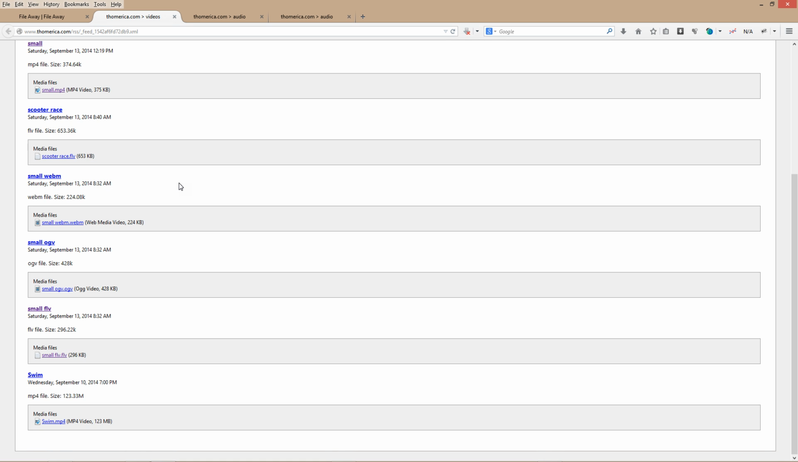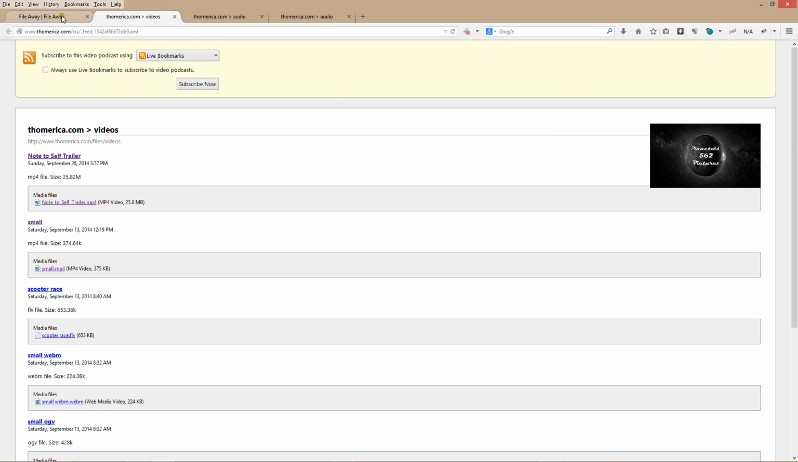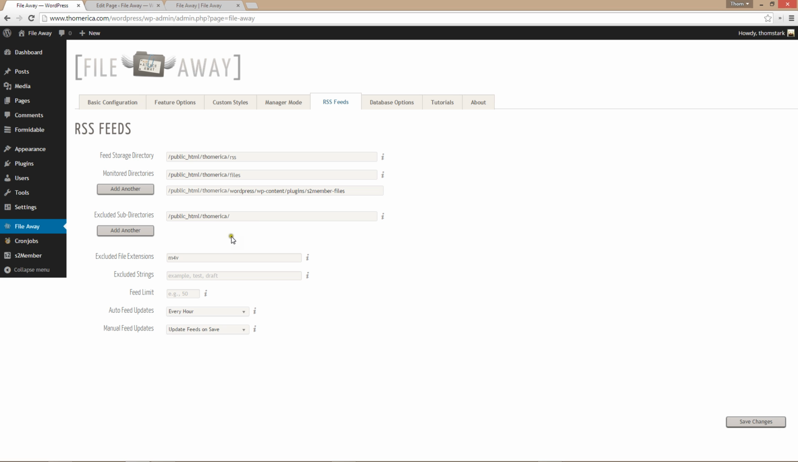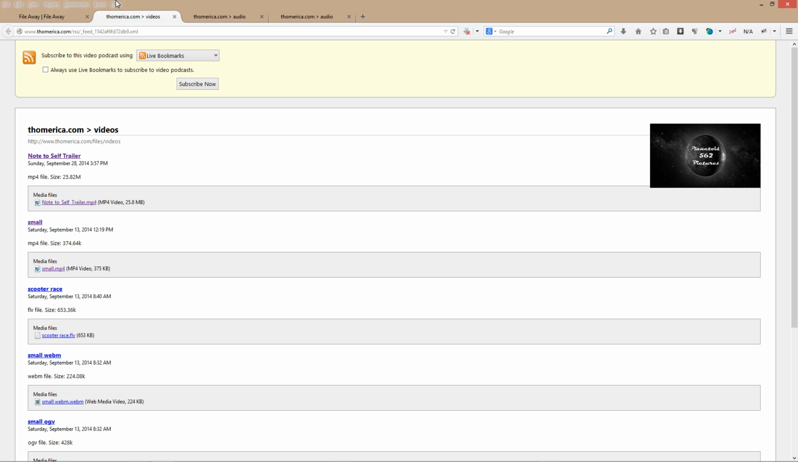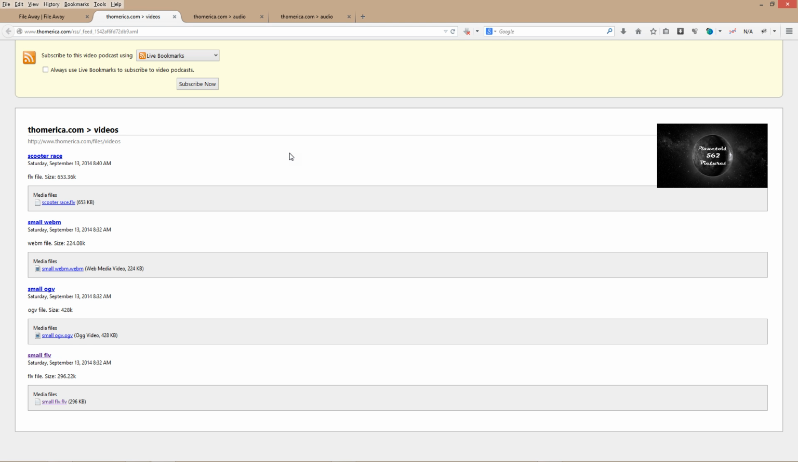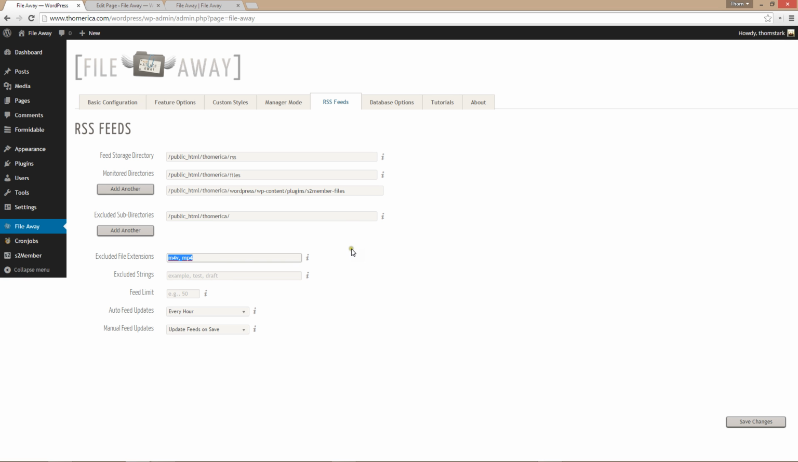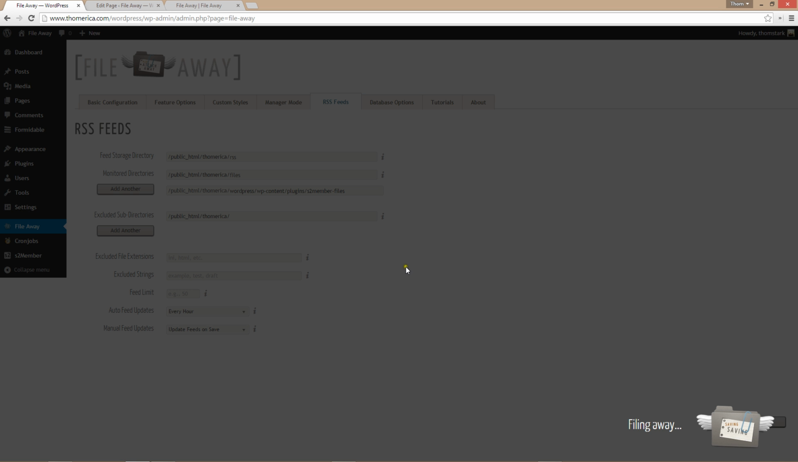Now let's exclude MP4s as well, just for the sake of it. So comma MP4, it's a comma separated list as usual. And so now let's go back to our feed and reload it, and now we have a bunch fewer files in there. If I delete these from here and save changes,